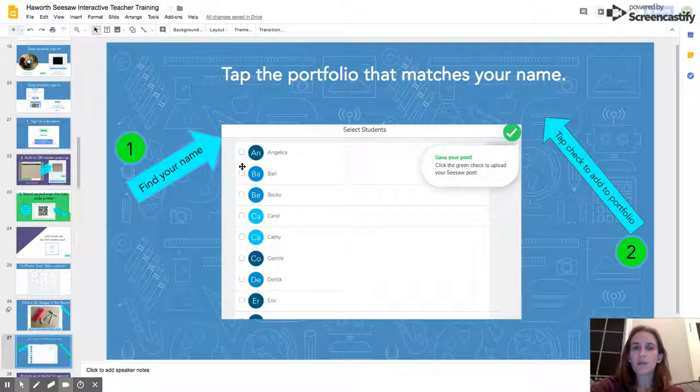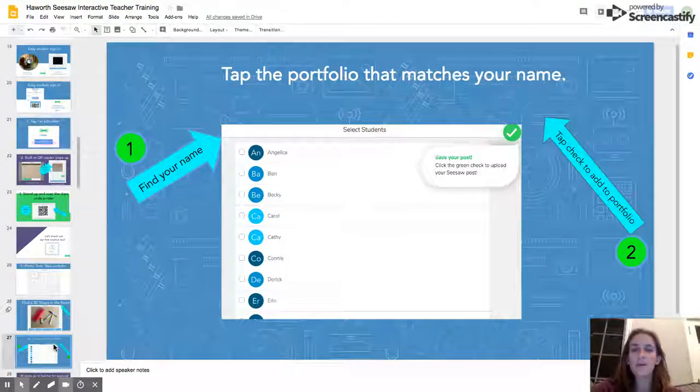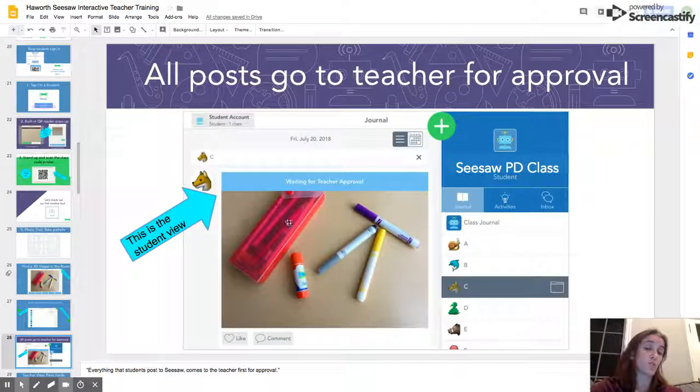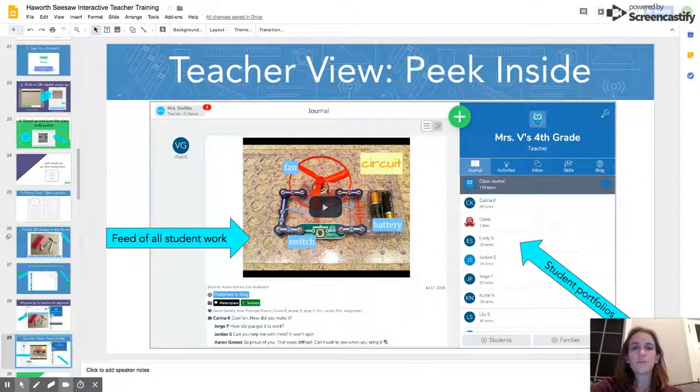So if you just pick your name and then you click a check mark, it will then go to your journal again. And you'll see this bar says waiting for approval. So that tells the students that it's been uploaded, but the teacher still needs to approve it. And this is a teacher sneak peek. So my sneak peek is that I have